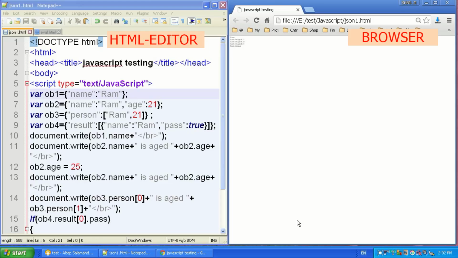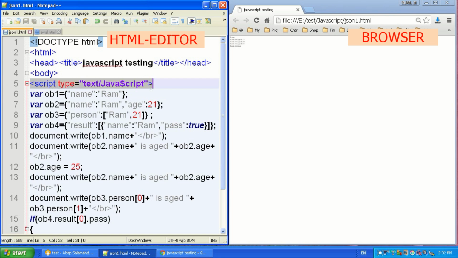Let me tell you how modern browsers can easily be used to parse a JSON using JavaScript. See, this is a simple HTML file with JavaScript code within the script tag. Right? This is the script tag, and I have declared 4 objects which are simple JavaScript variables, and one of